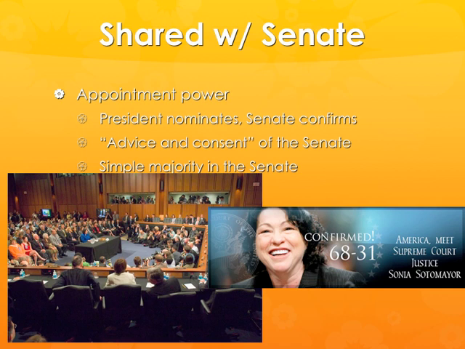So Obama nominated Sonia Sotomayor a couple years ago to become a Supreme Court justice, but the picture on the left that you can see is that the Senate then had their hearing, and it's the Senate Judiciary Committee that meets with them first, and then it goes to the entire Senate, and it takes a simple majority vote in the Senate to confirm a justice. So all she needed was 51 votes and she would have been confirmed.